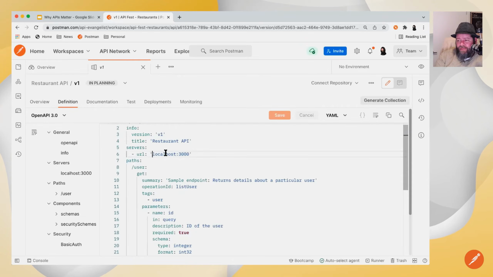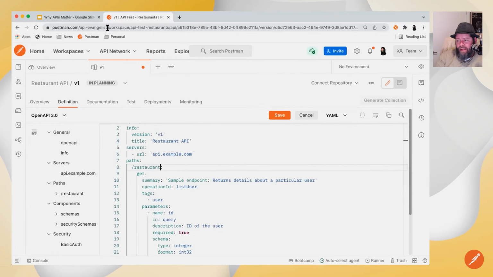So say our server here was API, I'll just use example.com. Whatever comes after this is the path, just like you would in a URL for a website, and we have postman.com up here /API Evangelist. That's how APIs work as well. So this path right here, we're going to call this restaurant, because when people type in our API, we want it to be nice and readable, and make it so you know what the resource is. It's easy to understand. So it would be api.example.com/restaurant, and that returns a list of restaurants, which is what we're going to do for this demo,